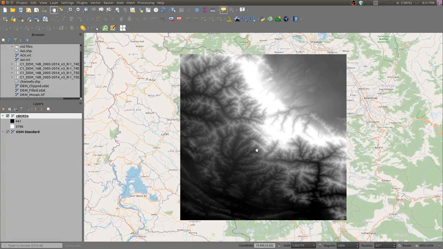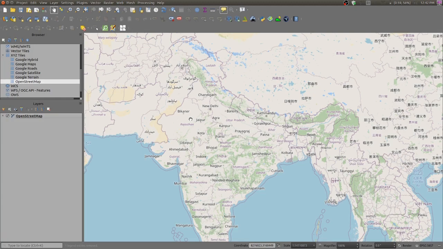In our exercise, we will be talking more about the projections, what projections are needed, and how we can edit. Our ultimate aim is to create watershed maps, hillside maps, relief maps, slope maps, and aspect maps. From these DEMs we will be creating those maps, and for that you have to download and keep these maps ready. I understand many of you have already recorded the data in EpiCollect, and now I'll show you how we can bring it into QGIS.